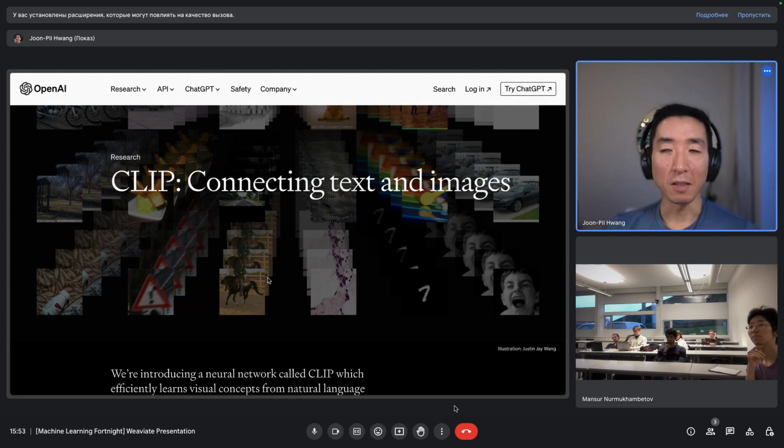So that's what a different model gets you, and that's what a CLIP model in this particular case allows us to do: embed these different modalities into one space, so you can search images by text and text by images and so on.